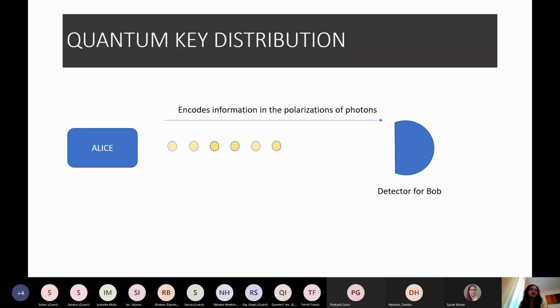A little animation again. So what is quantum key distribution, right? A lot of you must have been hearing these words quite a lot. There is an Alice and there is a Bob. Alice is the one who is creating and producing single photons, and she is encoding information in these single photons, which she will now send to Bob. Bob will take the single photons, he will decrypt them, and will find this information, which basically is called a key. Bob can then use that key to encrypt other information, and then Alice and Bob can have a secret communication between themselves.